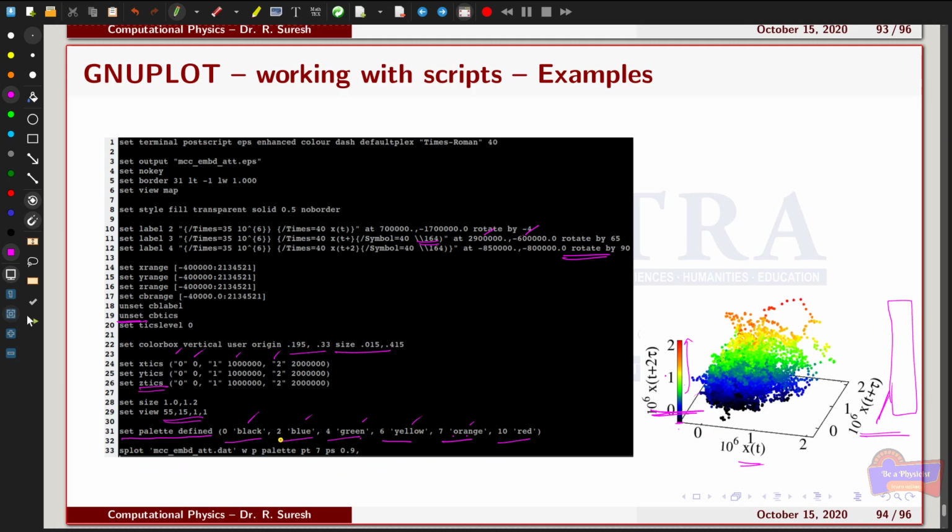I can plot it with the splot. That means I have used a 3D plot here. Suppose if you want to plot a two-dimensional plot, you can use the command plot, and for plotting three-dimensional plots, you have to use the command splot. Okay, splot the file name with the regular